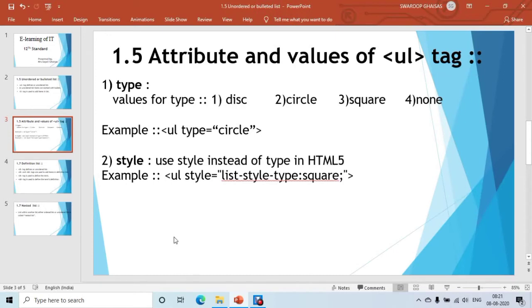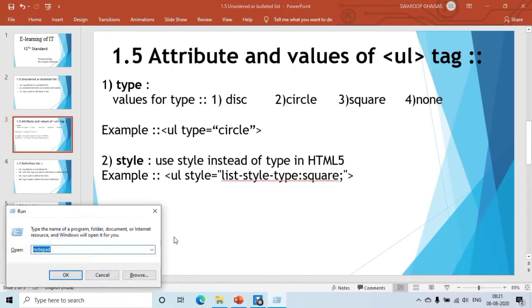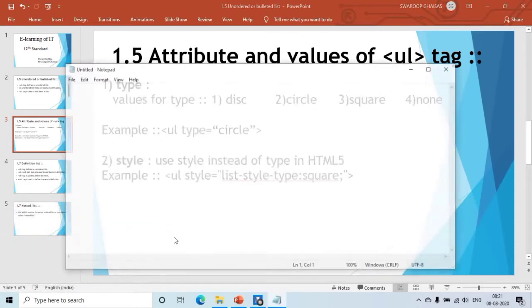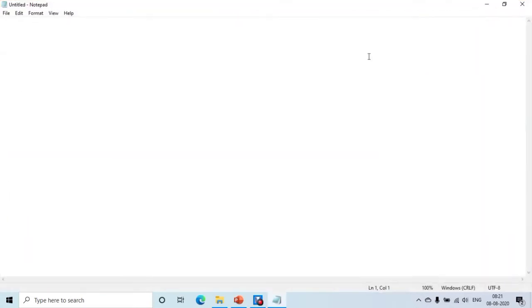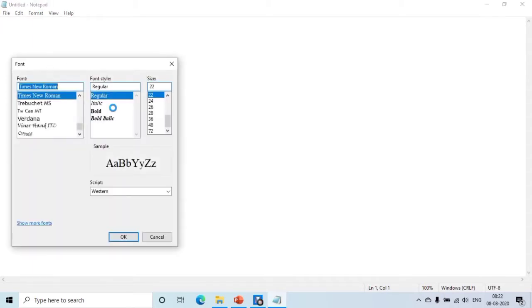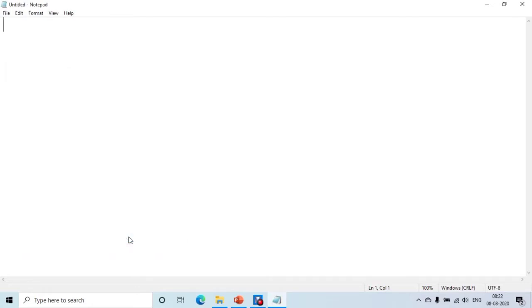Now let us write a program using the UL tag to create an unordered list. So first open a notepad and start writing doctype HTML.